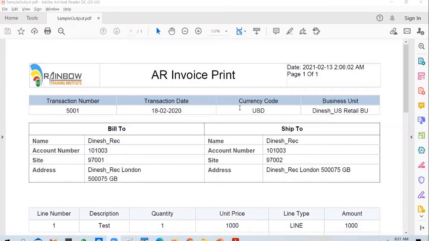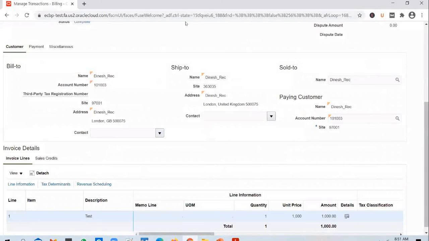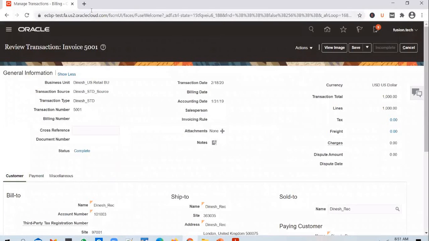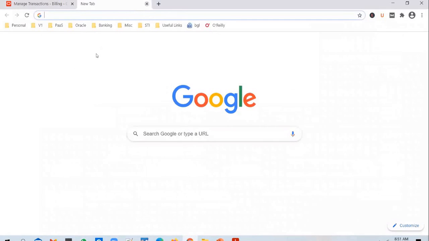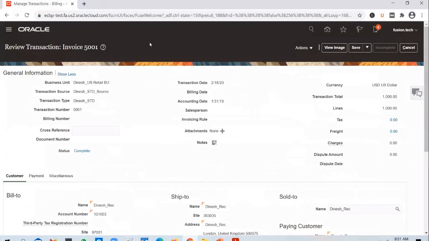ESS job. No. That is a final step. So when we create a report, we create it in a BI server. As a technical consultant, we go to the BI server, the business intelligence server, and we create a report there. You can execute it from there, but